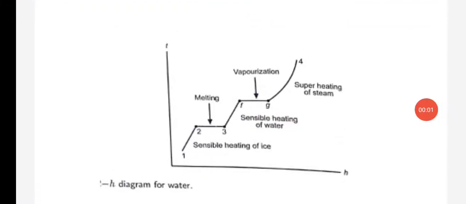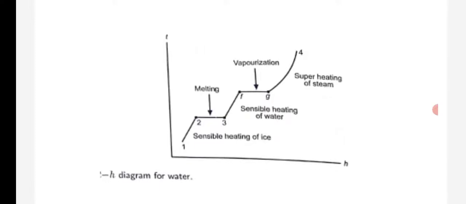Hello students, now we shall look at the temperature enthalpy diagram when we are heating water and converting it to steam, or you can even start from ice. I have already got 2-3 videos you can watch on this formation of steam. You will understand, but I am telling it briefly here. You can see the y-axis is temperature and the x-axis is enthalpy, that is the heat content.